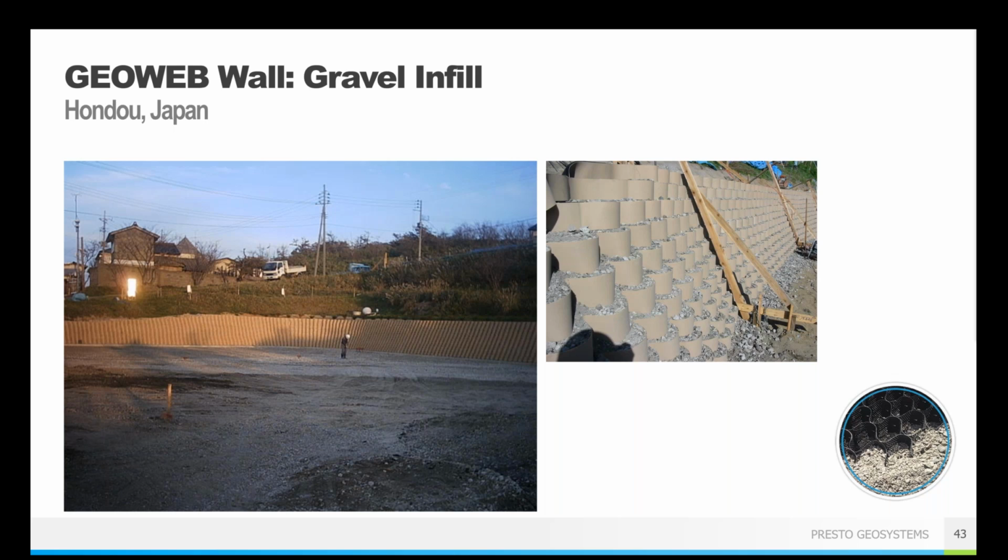And so there's a lot of flexibility in how much setback you have. And typically the steepest that we offer is an 81-degree batter face, so not perfectly vertical. It means you have approximately a 1-inch setback between panels. So as each layer goes up, this sets back about an inch. You can go with a longer setback for a shallower face angle. And then if you do have tiers, there's no minimum separation between tiers. Typically we see between 5 and 10 feet, but it can be a little shorter, it can be a little longer.